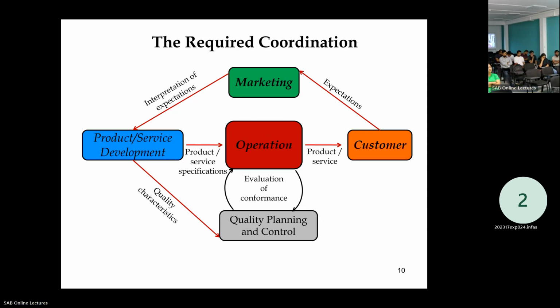The operations, according to the specifications coming from product development. So when there is proper coordination between these departments, only then would the final product be of high quality and satisfy the customer requirement. Can you understand it? So in organization structure,